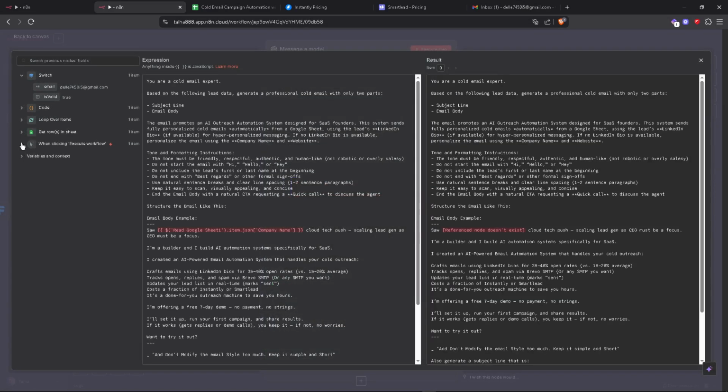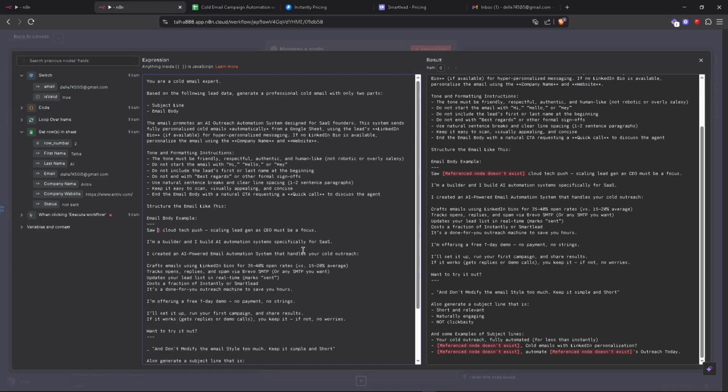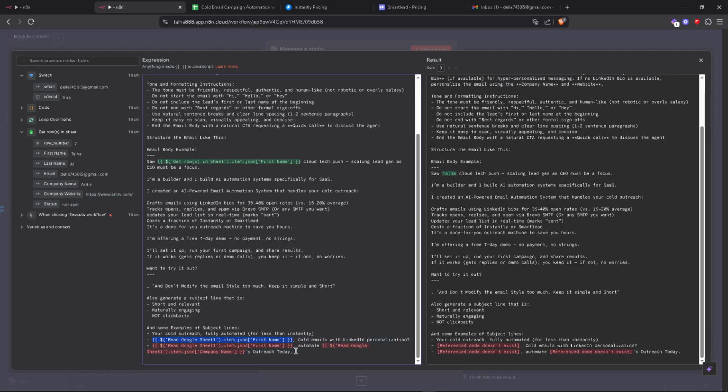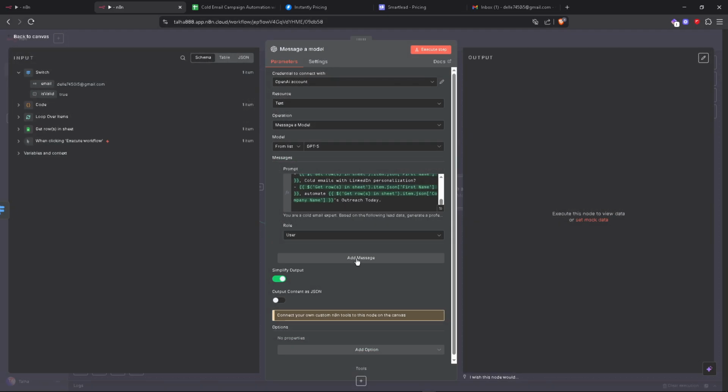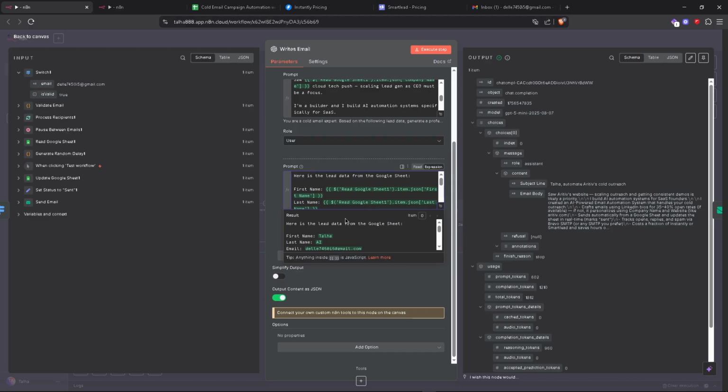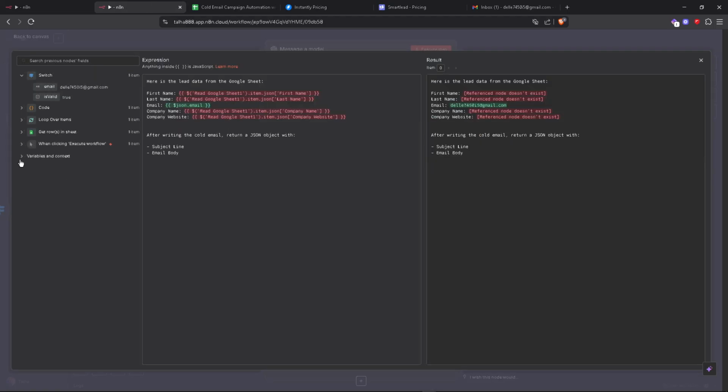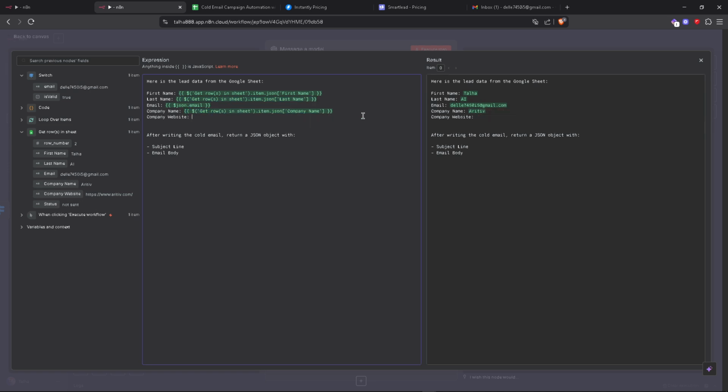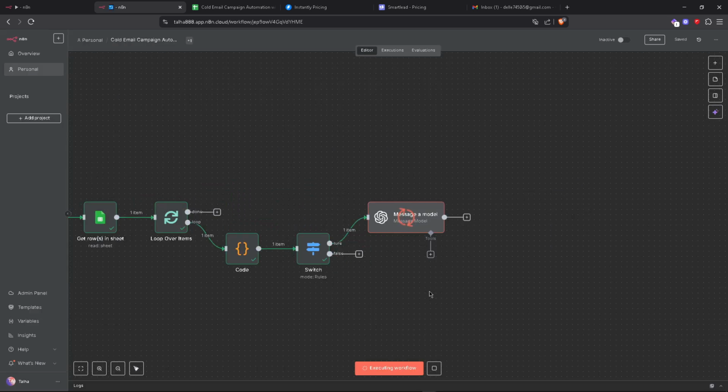In the user prompt, I will paste this prompt, and this reddish part is wrong. I need to correct it using this node. After adding the prompt, you need to correct the JSON. It's just drag and drop. After the user prompt, we need to add another prompt, the system prompt. You can select the role here, and after this, copy this system prompt here and also correct the JSON. After that, we can execute the workflow to make sure that everything is working. And as you can see, OpenAI just output two JSON fields, one subject line and the other is the email body.